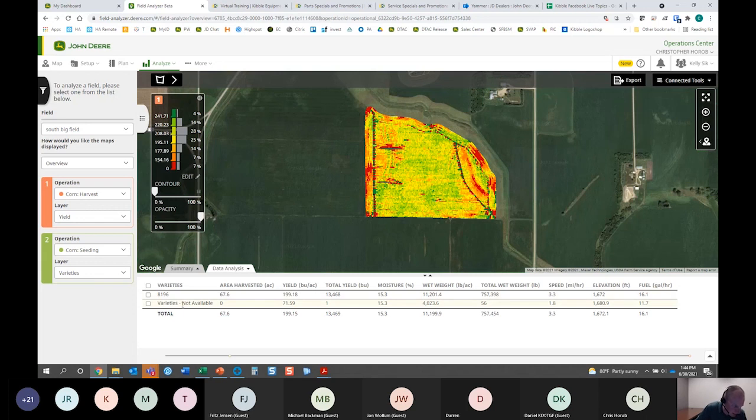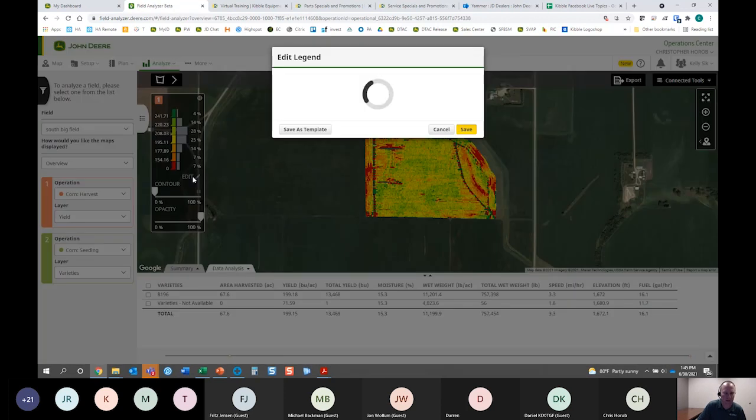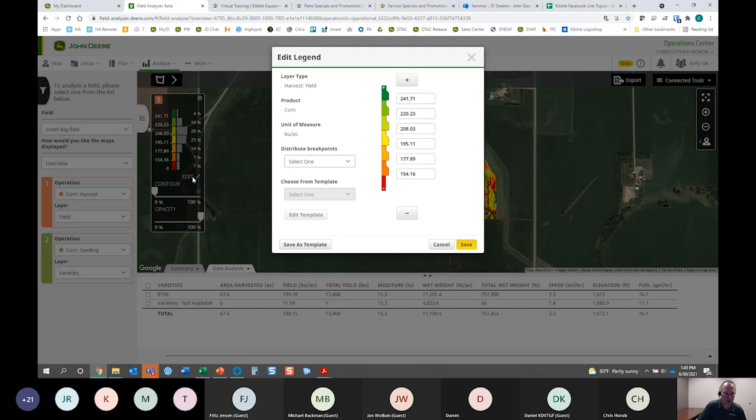Okay, so we had a question here. Can you make a template so you can compare all your cornfields using the same scale, similar to Apex? Yes, so if you look at the legend here, thanks for that question, Michael. If you hit Edit, Legend, here is where we can actually change where those breakpoints are. So you're correct. When you pull up a field map, it's going to automatically look at the ranges in yield or any values in that field and distribute them equally to make the buckets, so it's not all just one color. But if you have a yield range in your farm from 150 to 250, and you want that range to be the same, you can go here and edit that